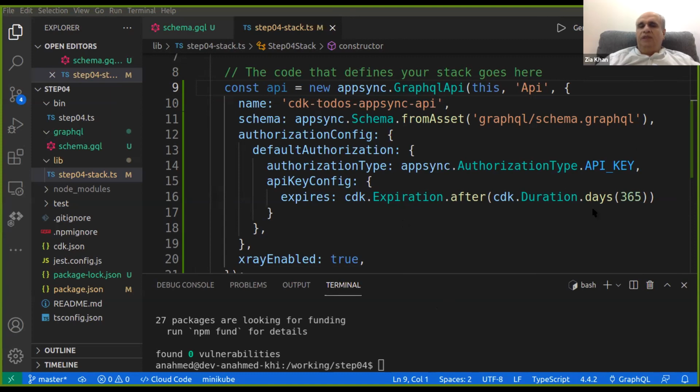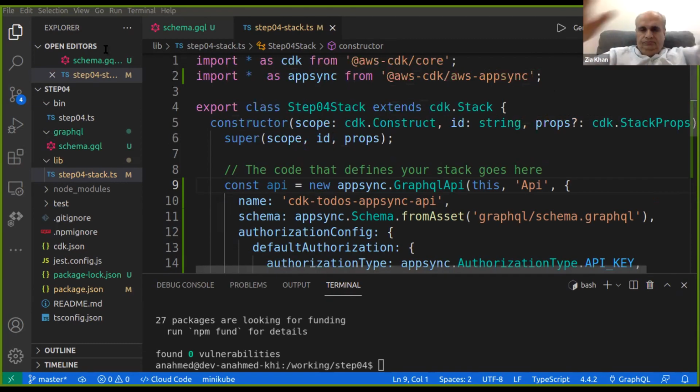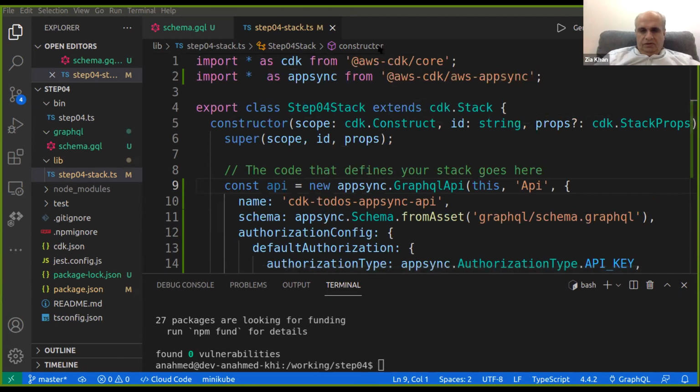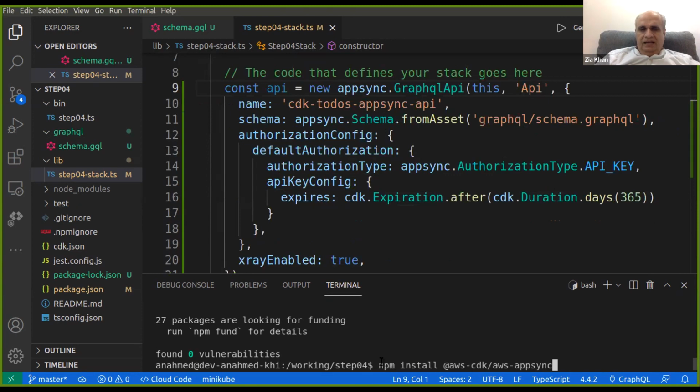Understand this. We have already referred to the schema. The APIs are defined, and we are telling it to use the API key. Now the second thing is, before that we have to define the Lambda function, which is going to connect to the GraphQL API. But in order to do that, we will first have to install it. npm i